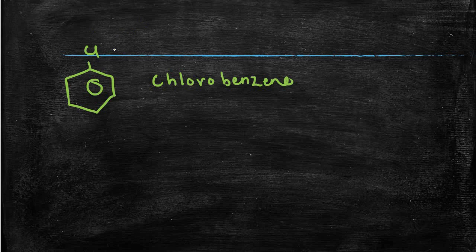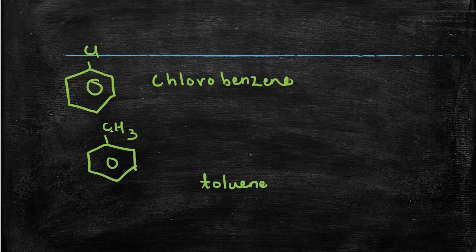Now again in writing the common name, if substituents are present, for example, if a CH3 group comes on the benzene ring, we say it as toluene. Now, if the halogen atom is in the first position, this position, we call the compound ortho. What is the halogen atom here? It is bromine. So, we name the compound as ortho-bromotoluene.